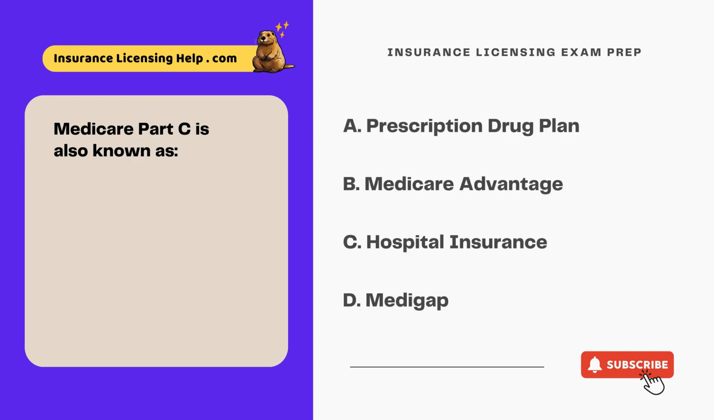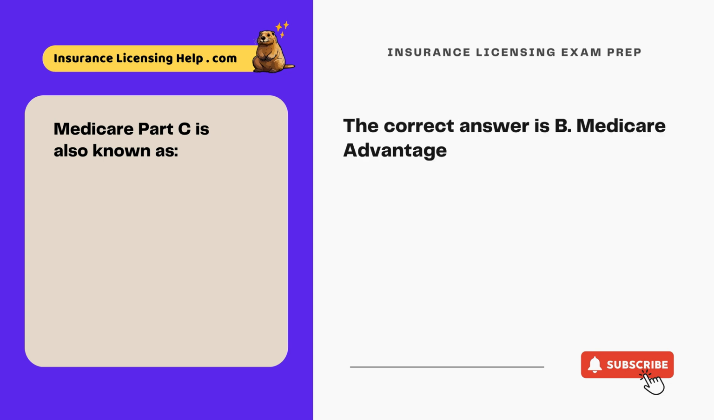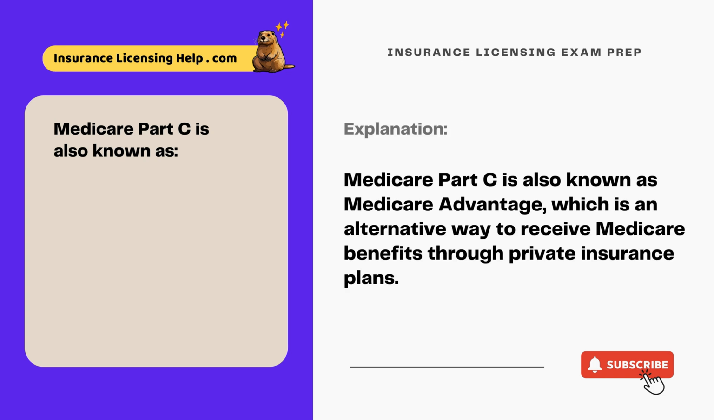Medicare Part C is also known as A. Prescription drug plan. B. Medicare Advantage. C. Hospital insurance. D. Medigap. The correct answer is B. Medicare Advantage. Medicare Part C is also known as Medicare Advantage, which is an alternative way to receive Medicare benefits